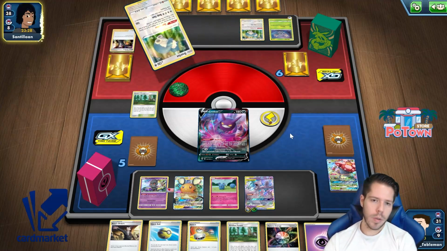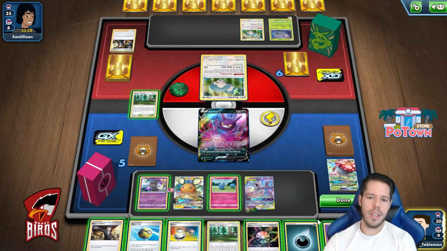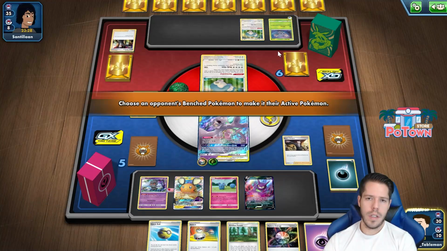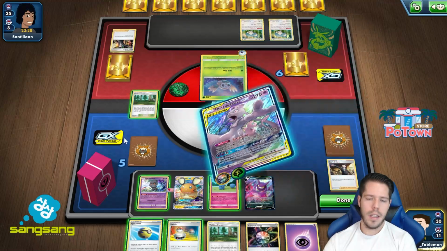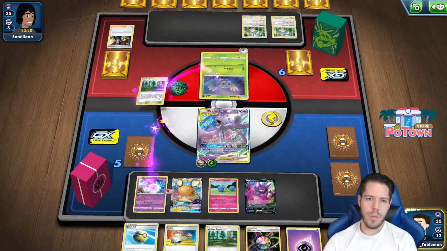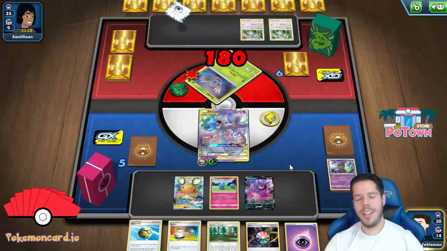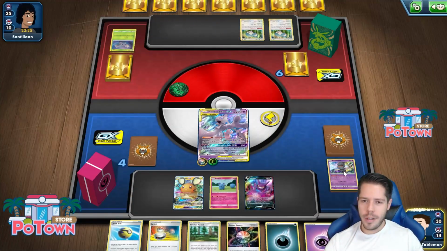Azurill has free retreat, so it couldn't be a target. That's great. Right, I can just attach and retreat. I think that's better than using up the switch. And then goodbye Rowlets. Nice. I honestly think I'm going to remove my stadium because I don't want my opponent to find energy themselves. Alright. I mean, Azurill obviously not helping, but this is, I guess, just as challenging in a way